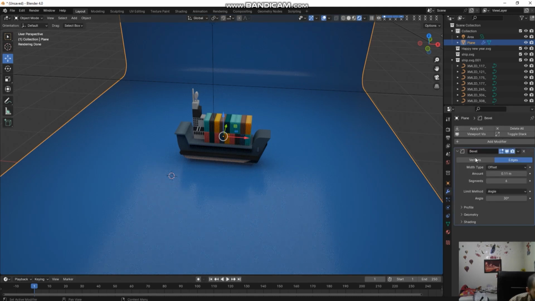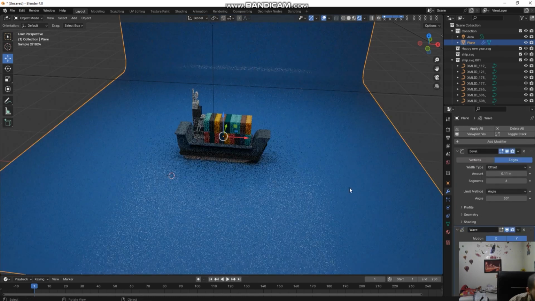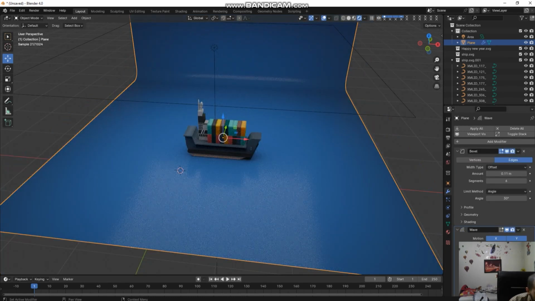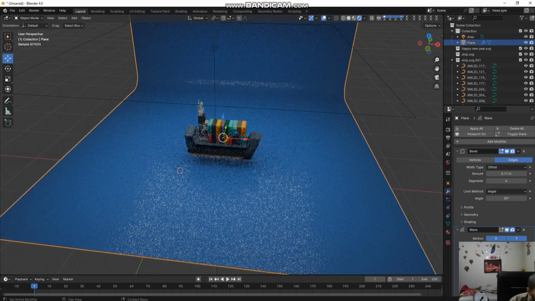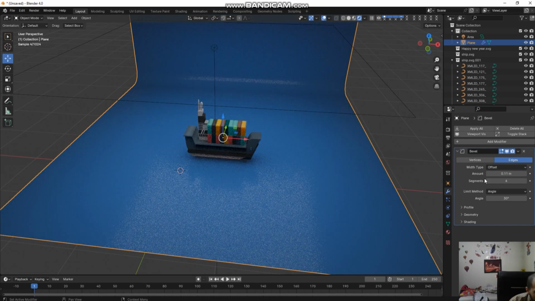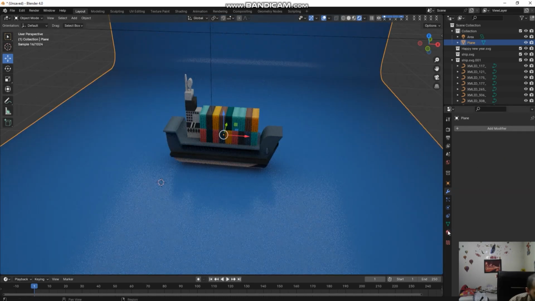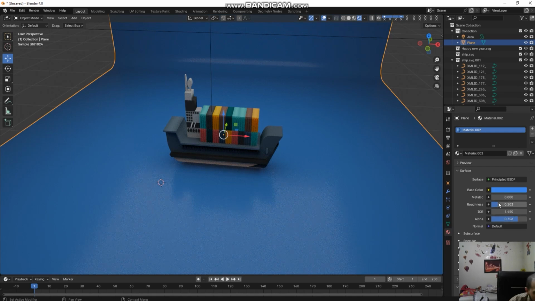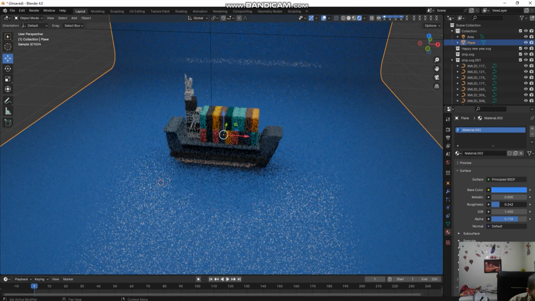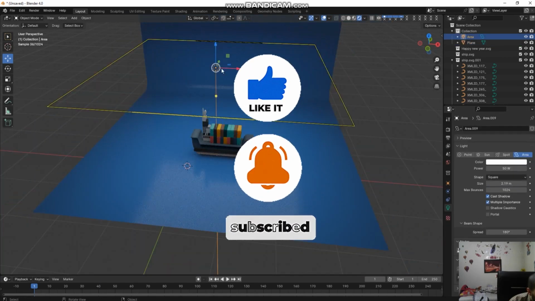You can wave this for yourself like this if you want it. If you know, you don't change this. You can change roughness for yourself,